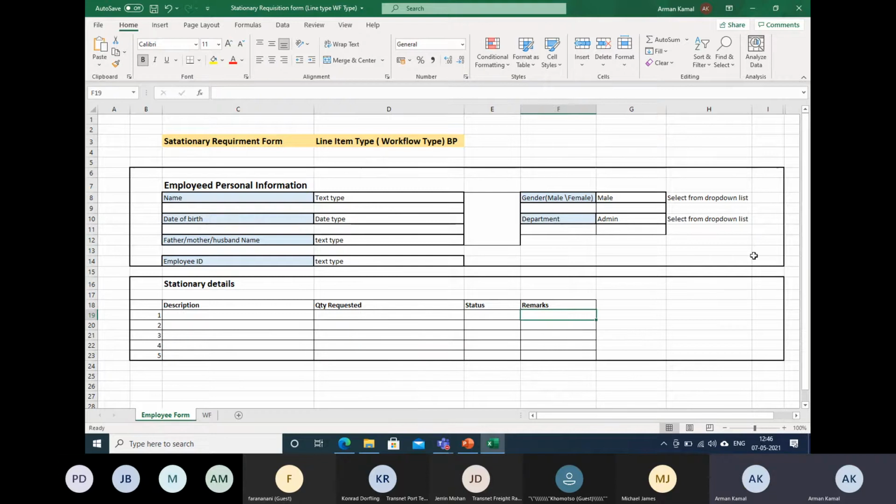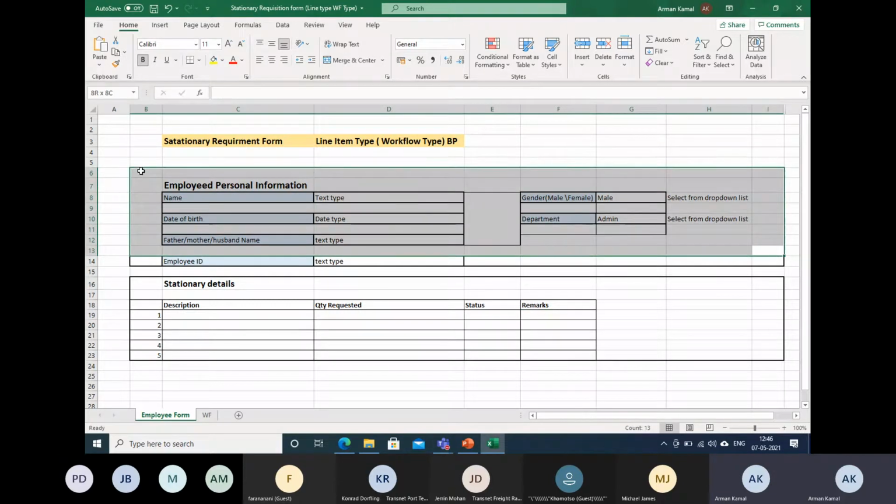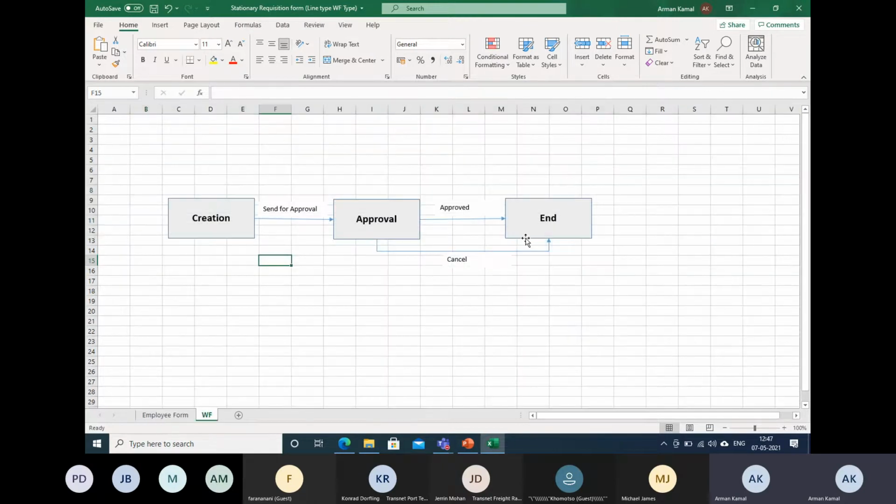Let's say this detail I already have in the laptop information form, so why create it again. There are a lot of shortcuts in Unifier which can save you a lot of time. The workflow I also have ready with the laptop form, so I will copy from there itself.